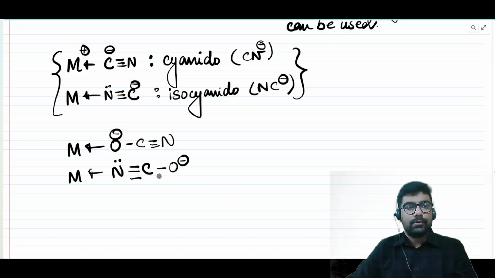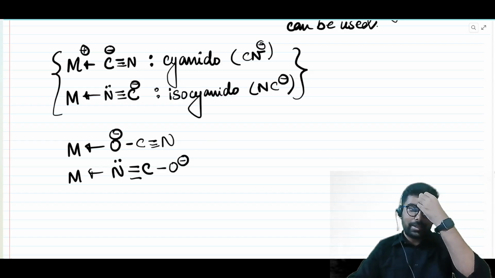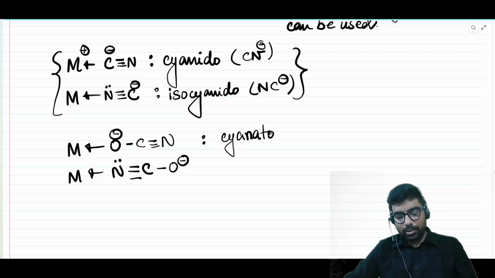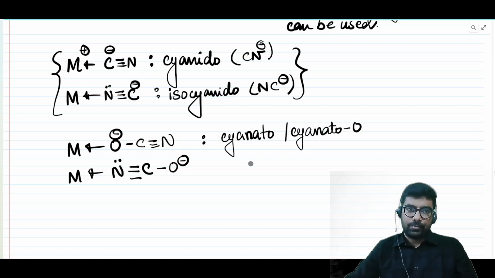So again, same ligand, two binding sites. One time oxygen is the binding site, one time nitrogen. When oxygen is the binding site, we call it cyanato, or cyanato O also. This one is called isocyanato, NCO, isocyanato,